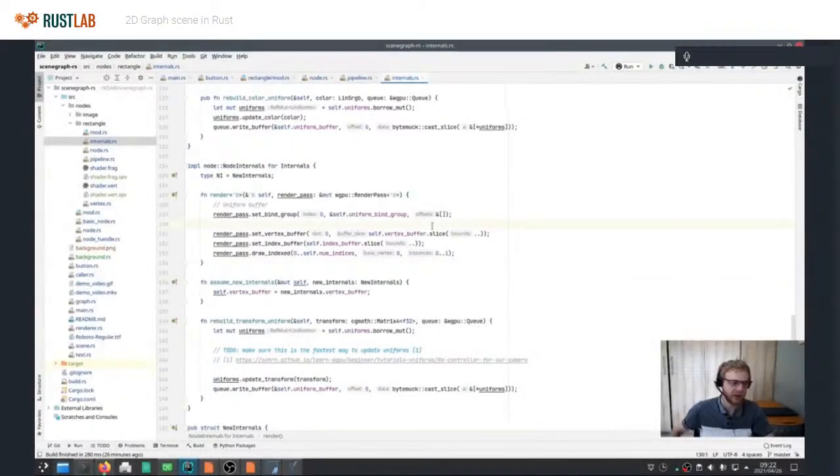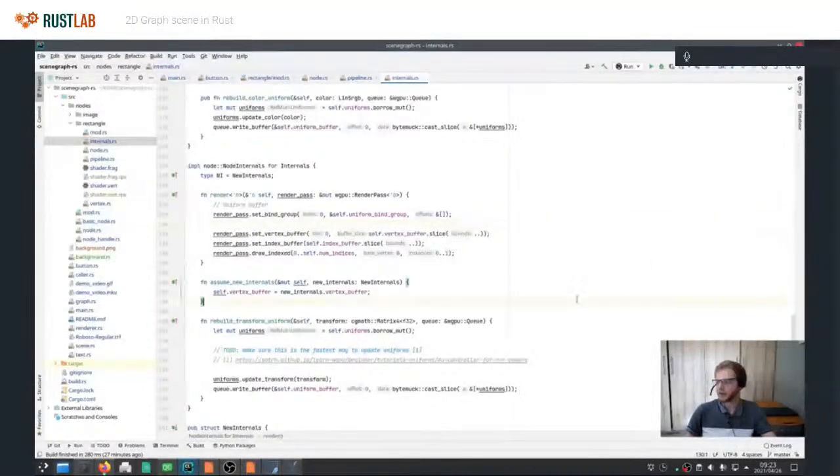What the scene graph engine can then do is query a node to ask what is the ID of the pipeline that you use, and then the scene graph maintains a hash map of these pipelines. Whenever you register a new node on the scene graph, it checks if it already has a pipeline for that node. If it doesn't, it constructs and allocates one, and stores it in the map. Then whenever it goes through the render call, it only has one instance of every unique pipeline in the system, and it reuses the pipeline.